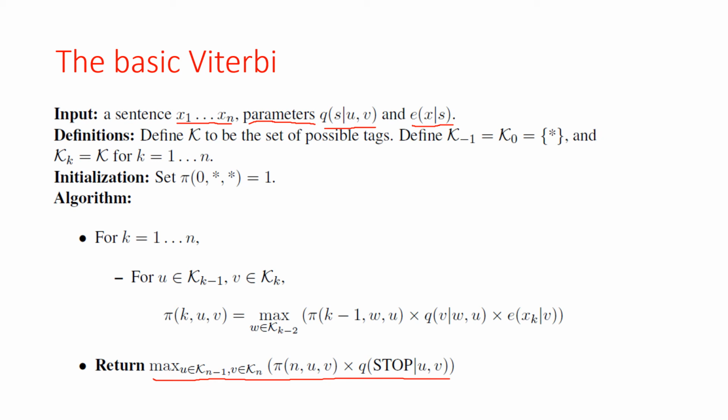Also, the algorithm uses some definitions, so K is the set of possible tags, where we emphasize that each tag sequence starts with these 2 star symbols. Also, as the algorithm uses recursion, we have to set this base case to begin with, so we initialize the function pi of 0, star, star to 1. So the rest of the algorithm was previously explained, so we can only tackle the problem of calculating the complexity